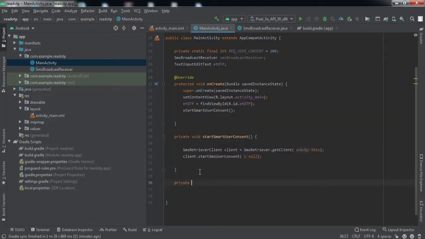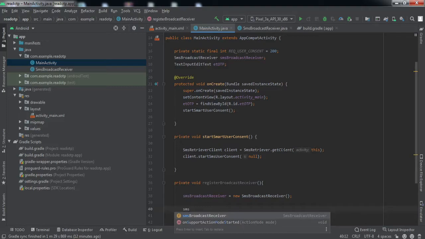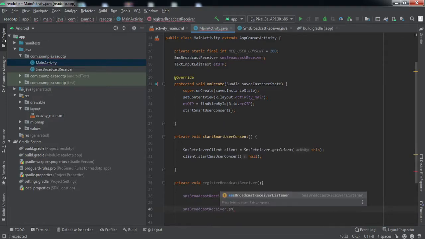Now we're gonna create another method. Basically this method will be used to register our broadcast receiver that we have just made inside the other class. So let us create this method. Let us create the object of that class, SMS broadcast receiver dot.